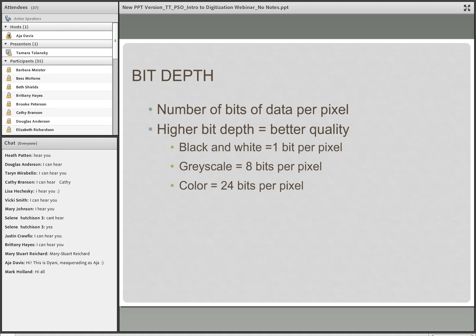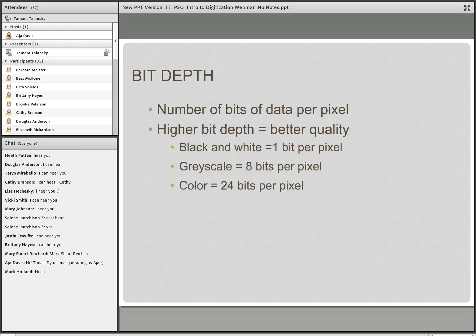It only contains 2 colors, black and white, and it's a monochromatic image. The most common setting for a grayscale image is 8 bits per pixel, which ultimately yields about 256 shades of gray. And the most common setting for color is 24 bits per pixel, which yields about 16.7 million color tones.